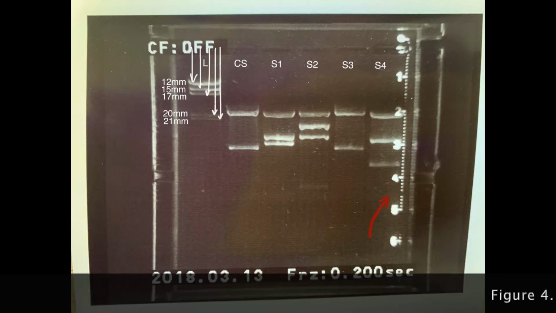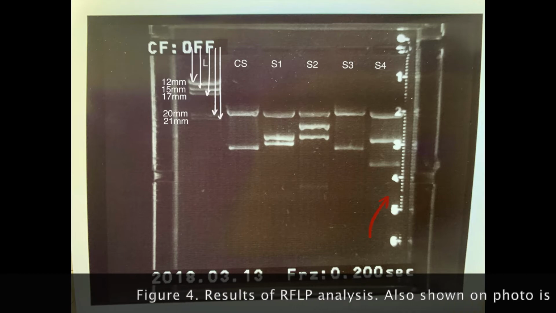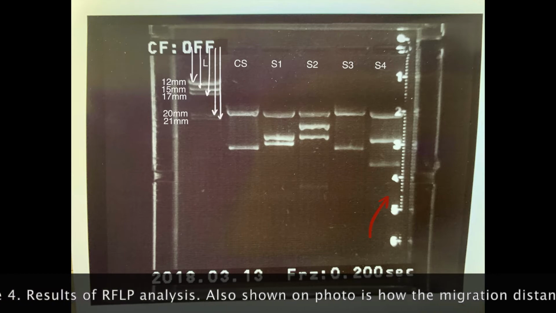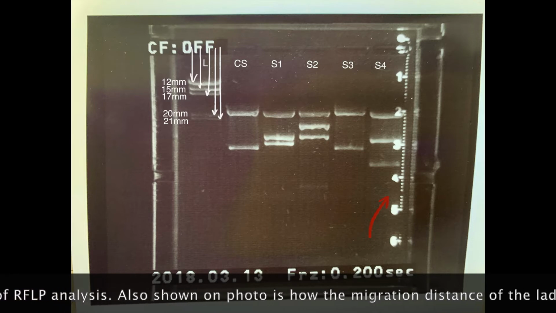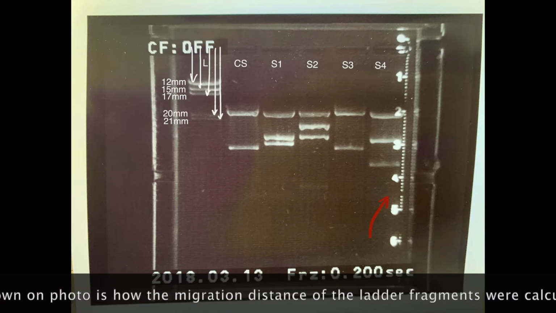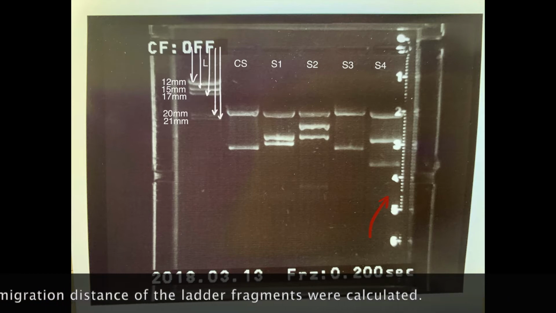To ensure that suspect 3's DNA is in fact the same DNA found at the crime scene, we are going to go through and calculate the fragment size for each of the unknown bands seen in this gel. To do this, we are first going to establish a standard using the ladder seen in the first column of the gel. To do this, we first measure the distance in millimeters that each fragment of the ladder traveled through